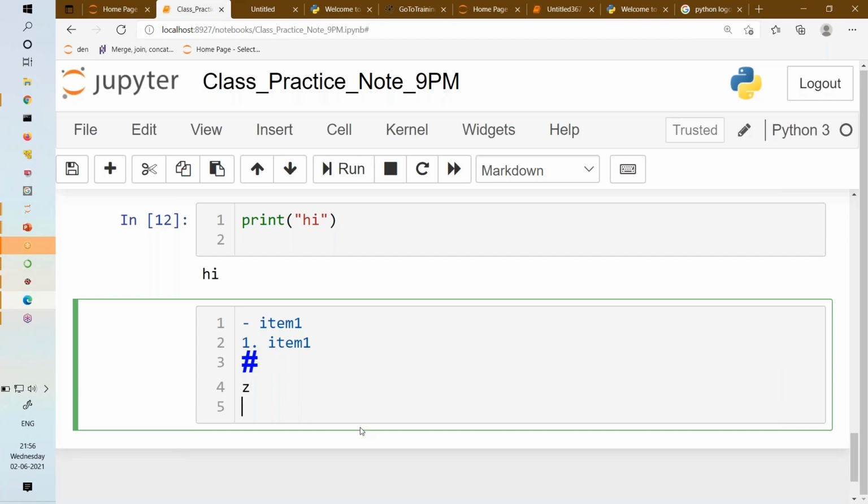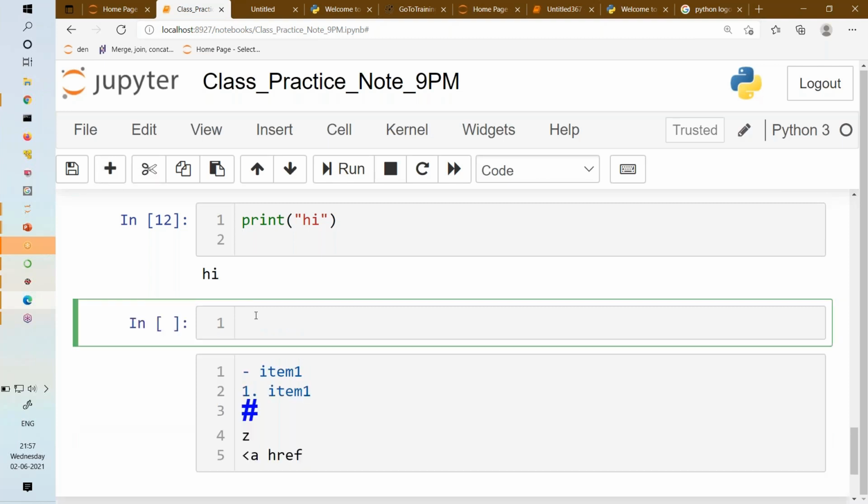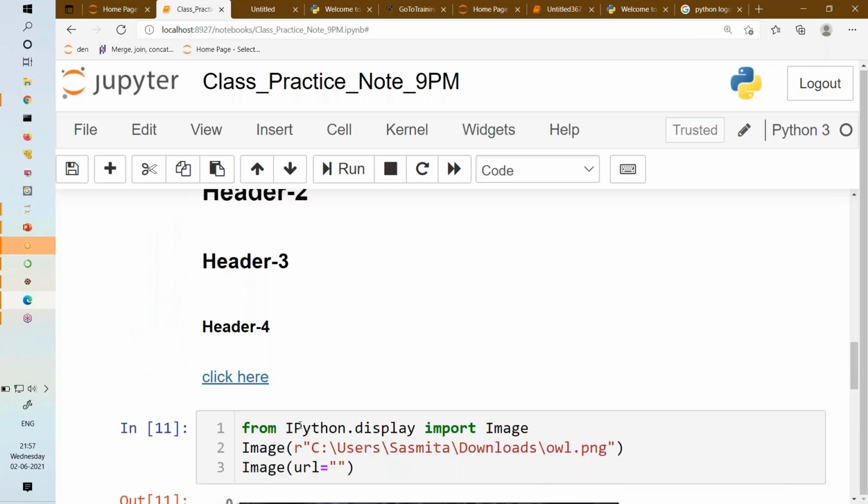And then if I want to add a URL, yes, you can use a href. There is one more shortcut also. I think I'm making some silly mistake there. Let me try this URL. I just forgot, I used it long back. Is this working? Then you can write this way.